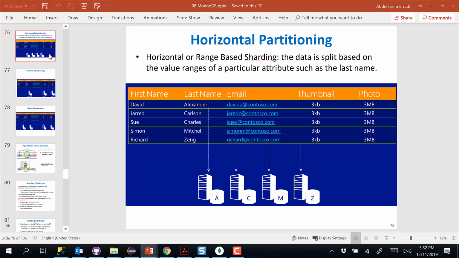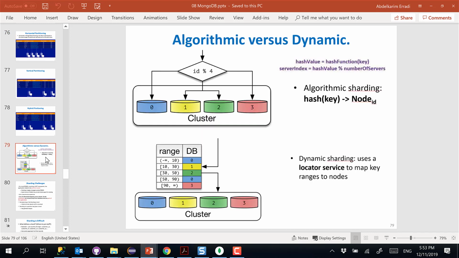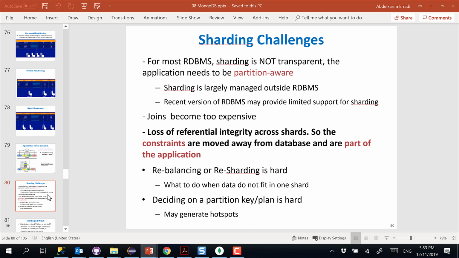For non-relational, as I mentioned, most of them, for example MongoDB, have a component called the balancer that is watching the distribution of the documents through the nodes of the cluster. Especially if you are using a range, it can adjust the range to make sure the nodes are balanced in terms of the size of documents they are storing and the number of requests they get. So it keeps that balancing automatically for you. So it's not infeasible in relational, but it's much more effort. Plus,